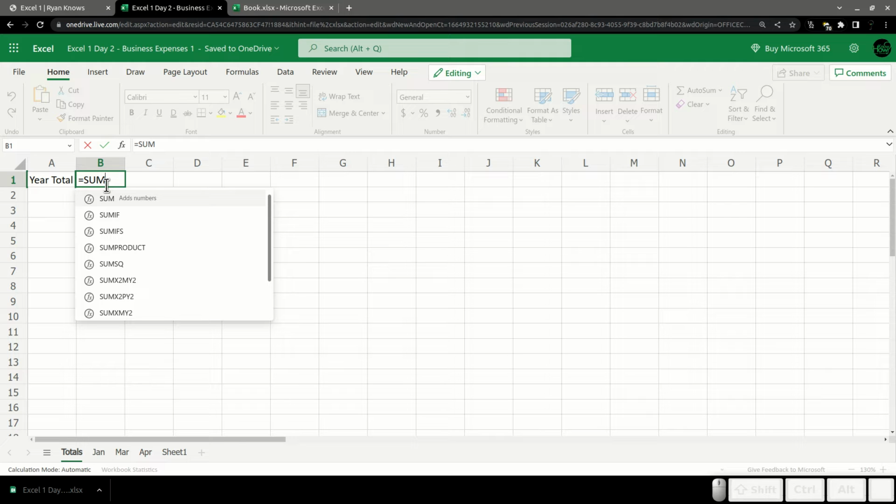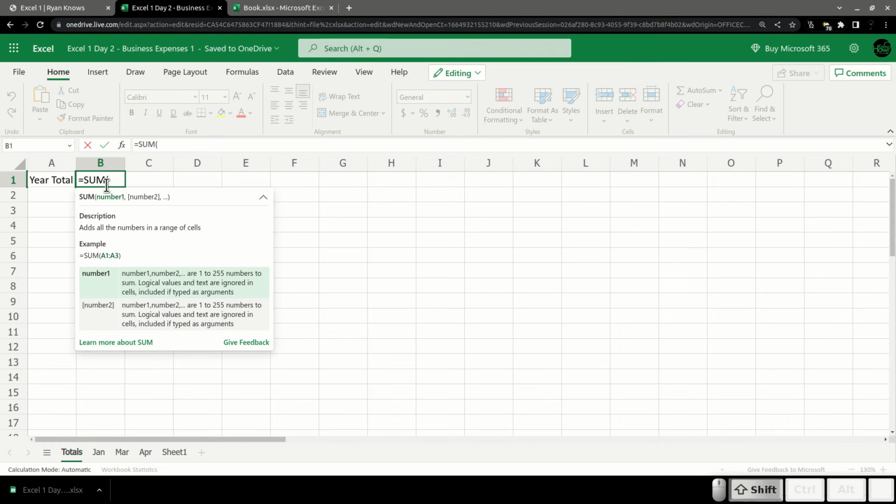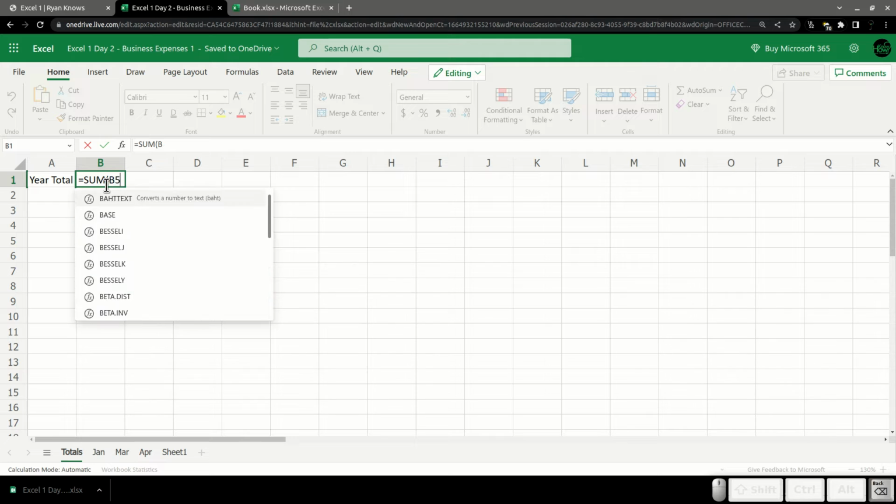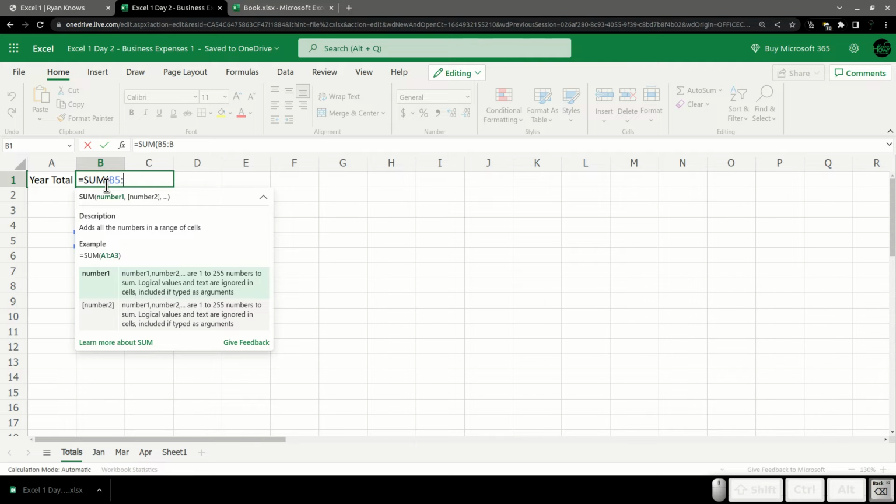Okay, now that I have the sum formula, before we did something like B5 to B1000, that was the range. In this case, the range I want to select is not all cells next to each other on a single sheet. It's a single cell on multiple different sheets, but it's the same cell on every sheet. And so this is where I do this.